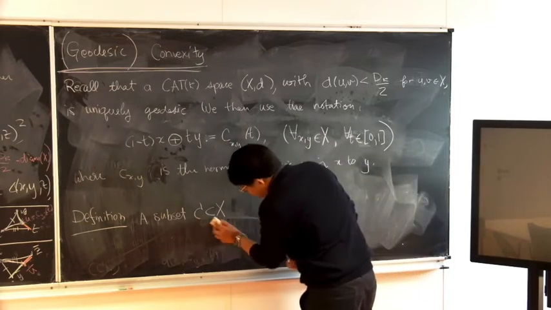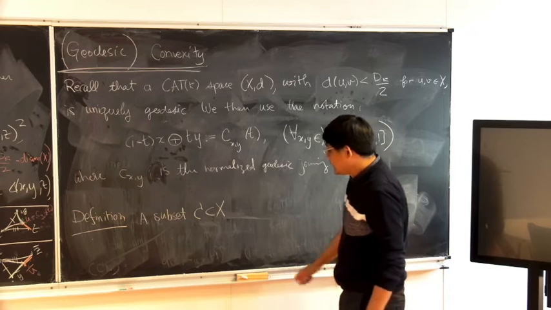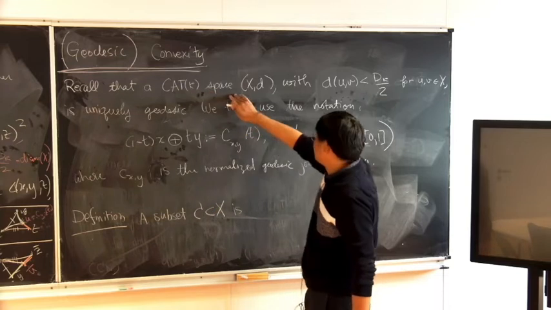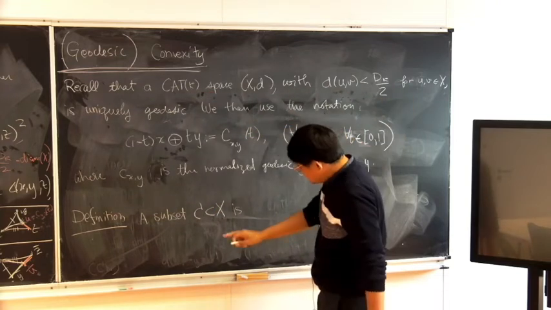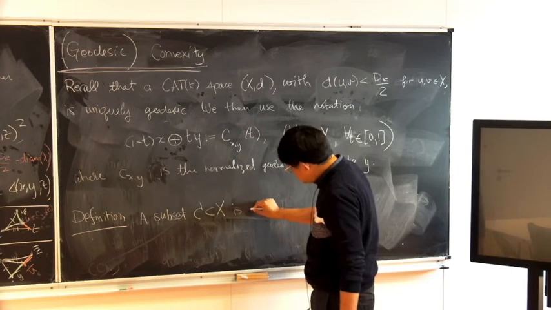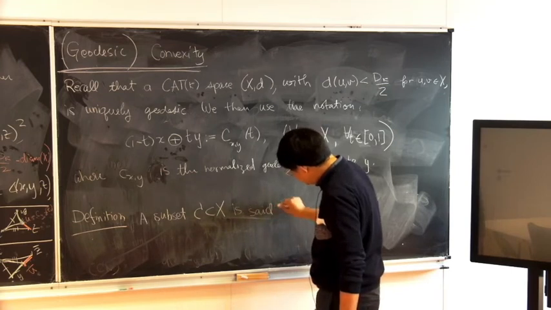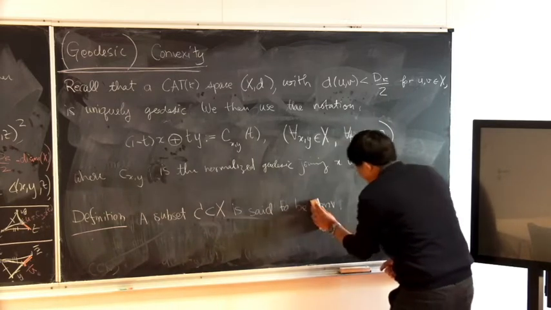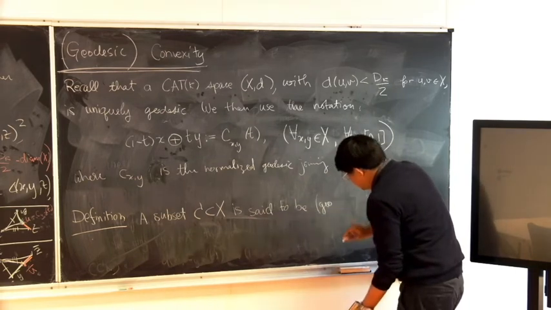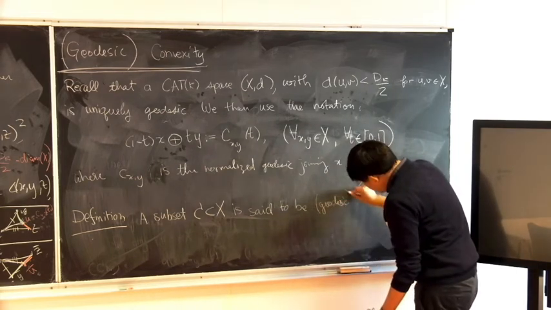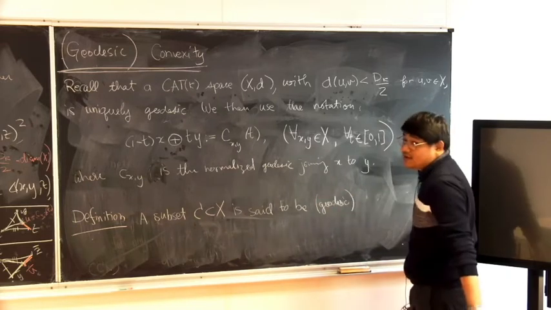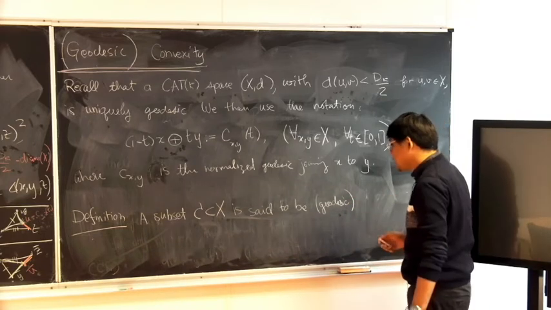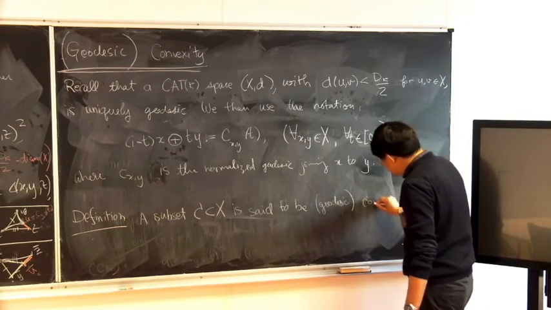So as a convention, this is any subset C of X, where X is this cat-kappa space with this condition. So subset C is said to be convex. And since this is the first definition, I will emphasize: when I put something in a bracket, that means later on I will drop this term. Said to be geodesically convex